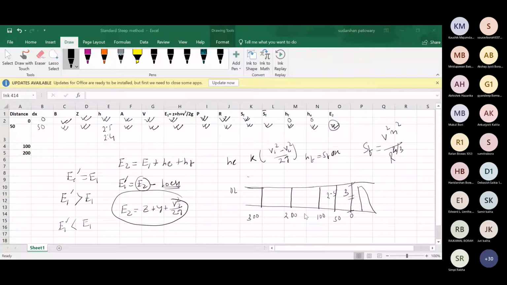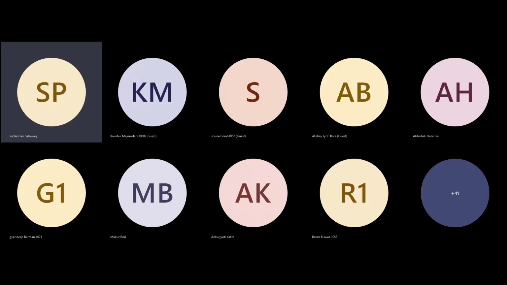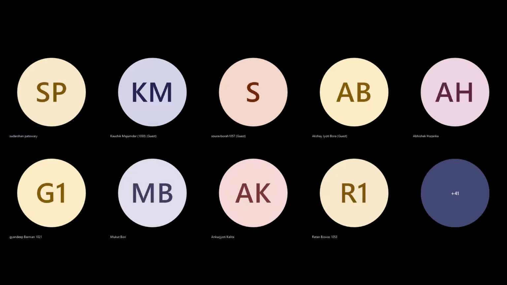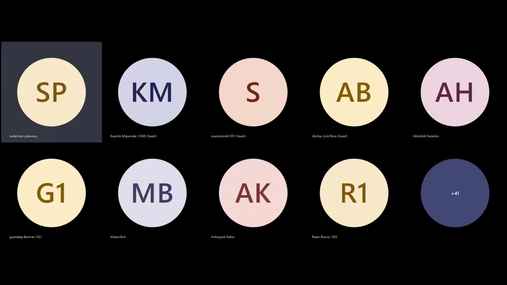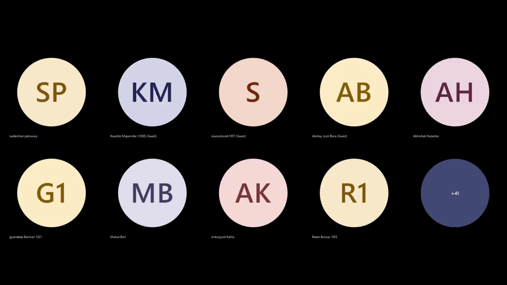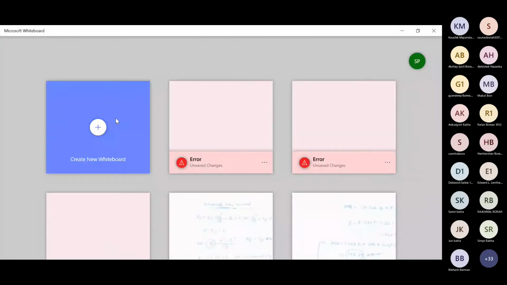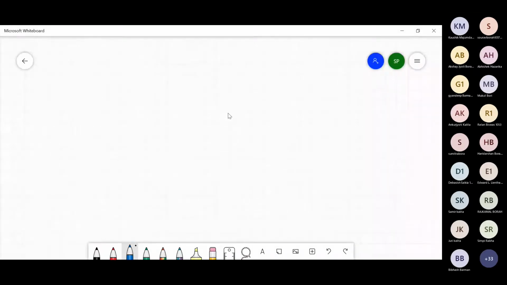These two, the direct step method and the standard step method, are graphically represented. These two methods are not graphical; this is a direct method. Step by step we are doing these things directly. Next we will move to the graphical integration method. Here we will study two methods in the graphical integration method.